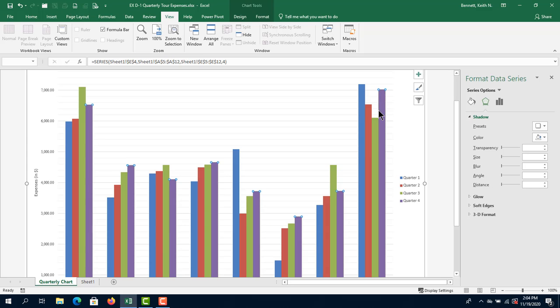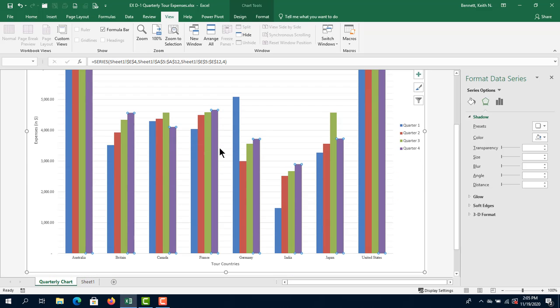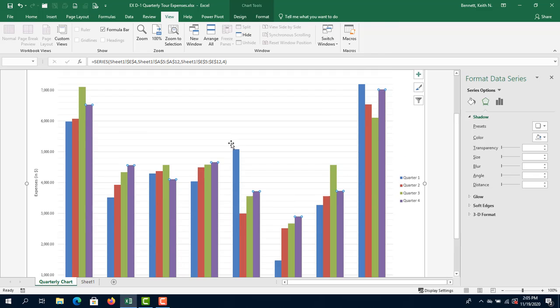When you click on it one time, notice how when I move my mouse over here, it selects all of those for the different countries. And what we want to do is format all of these, and that's why it's important to click it once. If you click it more than once, then you're going to select only that